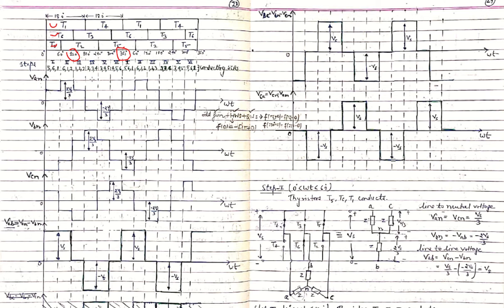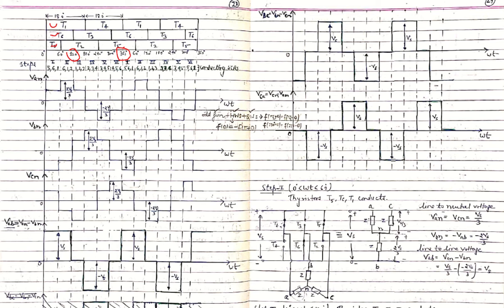In this way we will write the thyristors for each duration of 60 degree, and we will complete one cycle up to 360 degree, and then it repeats again, starting with 5, 6, 1. So up to 360 degree we will have 5, 6, 1, 6, 1, 2, 1, 2, 3, 2, 3, 4, 3, 4, 5, 4, 5, 6, and 5, 6, 1 again. This is the conduction of thyristors in each step, that is first step, second, third, fourth, fifth, sixth. So we will divide 360 degree into 6 equal steps of 60 degree.